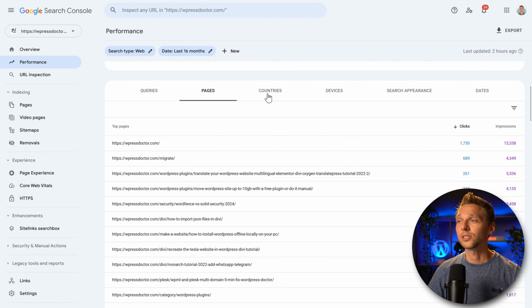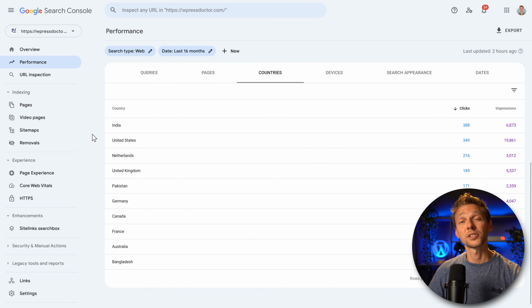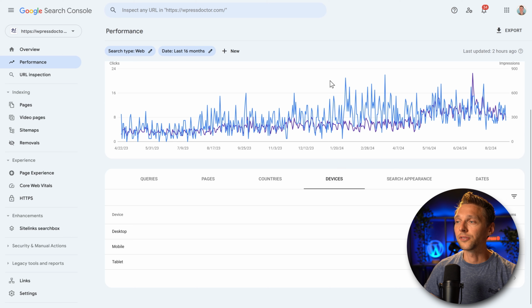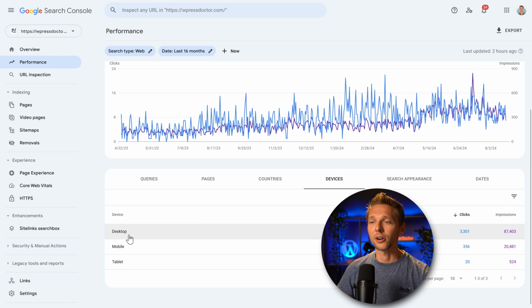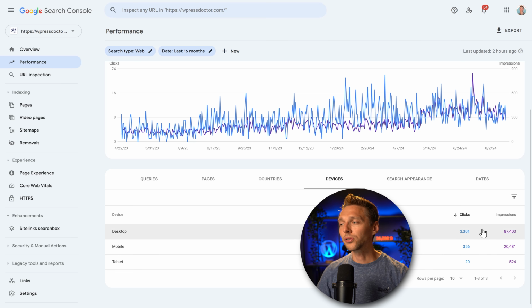Now, also in here you can select countries. If you see countries, you can see which visitors are mostly visiting this website. And with this data, you can see where all your people are coming from, and you can act according to it. Then we have devices. If you click on this, you can see how many people are on desktop, how many people are on mobile and tablet. As you can see, most of the visitors of this website come through the desktop, which is very interesting, as people say that more than 50% of your visitors come through mobile. But numbers don't lie. This website is visited way more by desktops than mobiles.